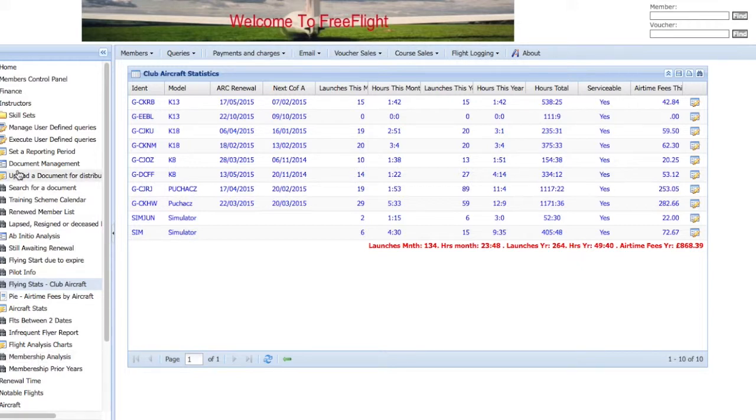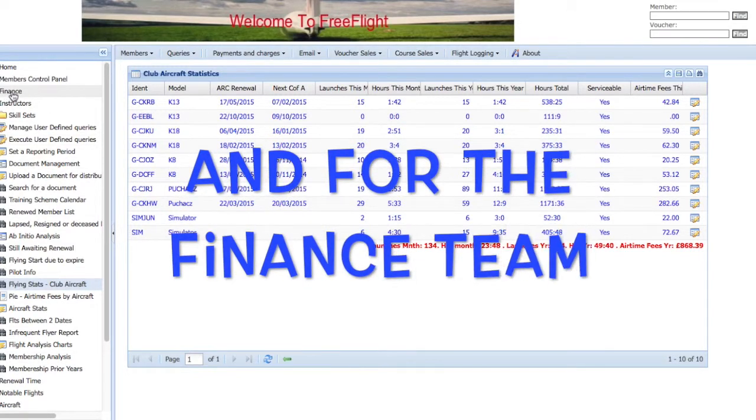Now, while we're in the live DLG system, I'm going to very quickly go back into the finance section and show you a report that I couldn't actually show you using the limited test data available. And that's one of the QuickBooks reports. As far as the treasurer is concerned, this is probably only one of two reports that you will ever have to run. At the end of each particular period, you simply run this report and transfer the figures